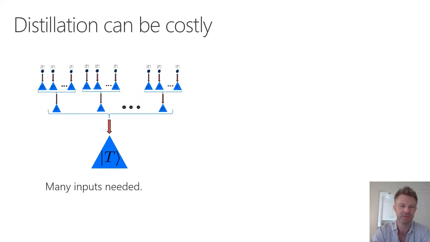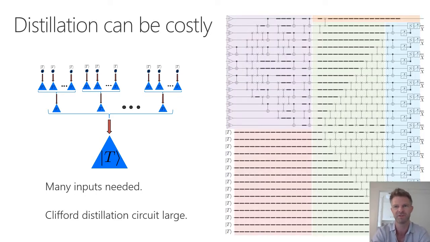It can, of course, be very costly. The first reason to see this is just the fact that it has this kind of hierarchy. You need to start with many inputs and you get fewer outputs, and you do this potentially over multiple rounds, so that can end up with many inputs being needed at the start, which can be very expensive. Another reason that it's expensive is, this is one operation we're talking about here, but the distillation